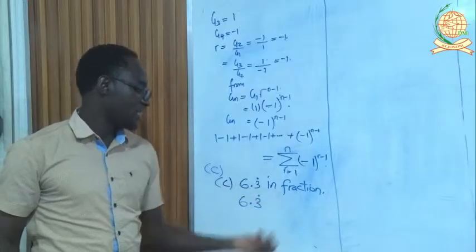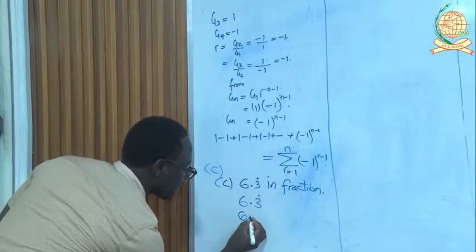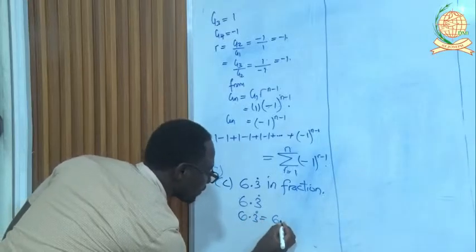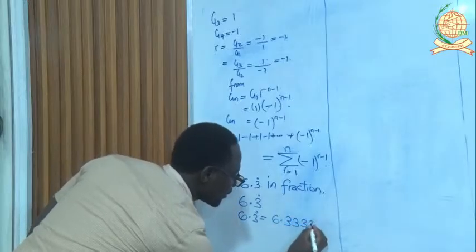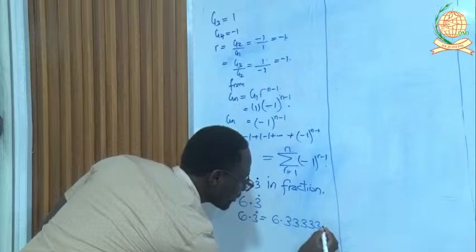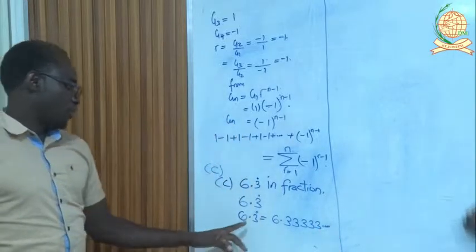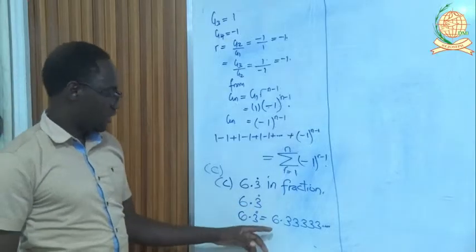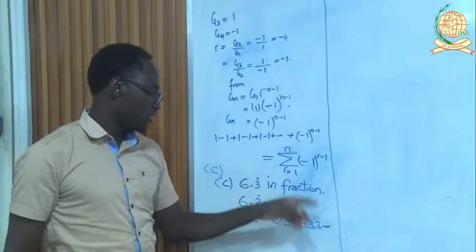So this is equal to 6.333333. Yes, 6.3 with this dot above the 3 means that it is 6.3 with the 3 repeated, which is the same as